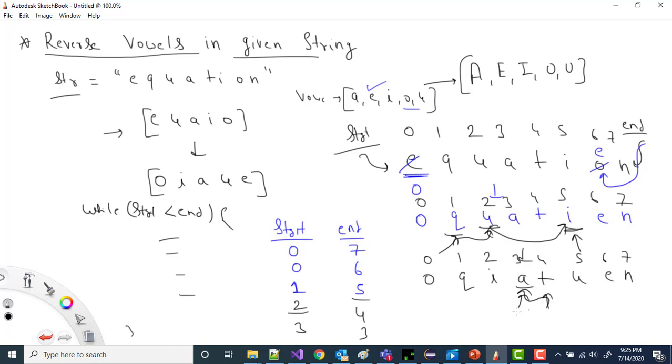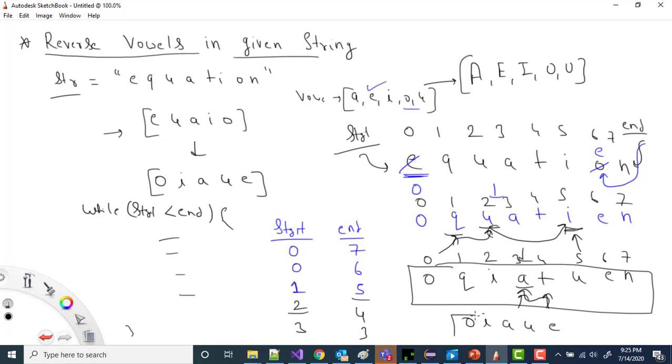So if you see here, my final string has been converted into this one. What is this? This is OQIATUEN. Now if you see the vowels here, what is the order of the vowels? First of all we have O, then we have I, then A, then U, then E, right?